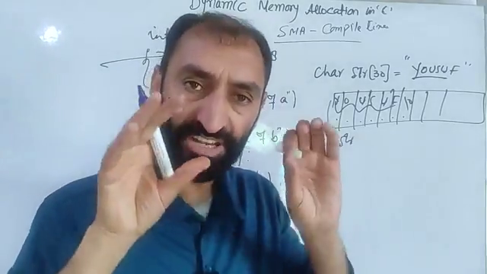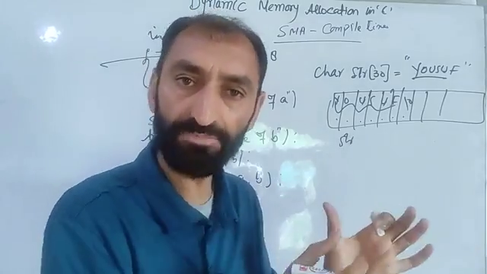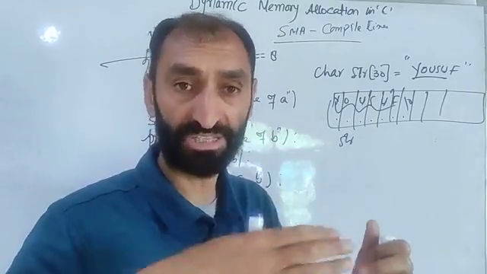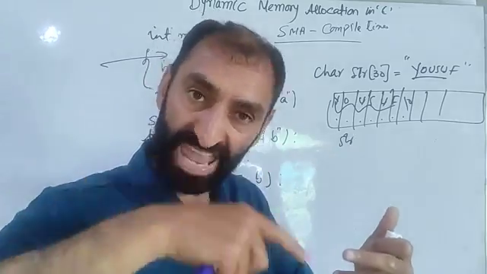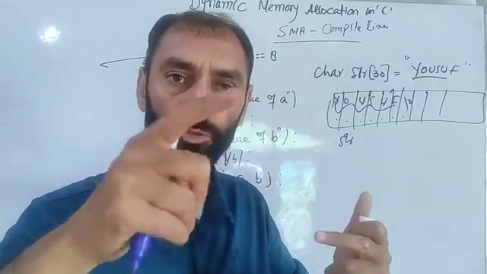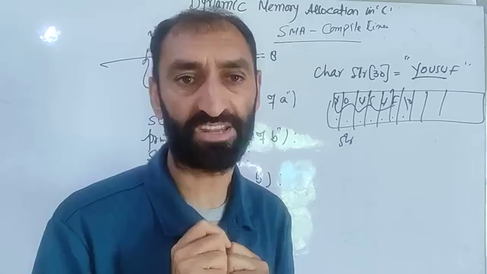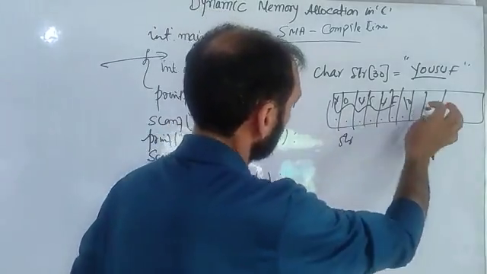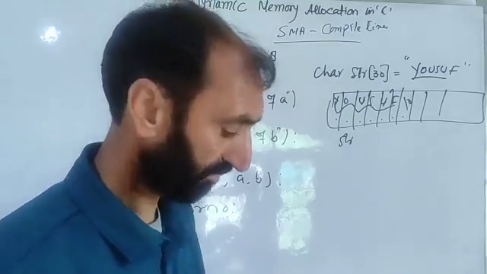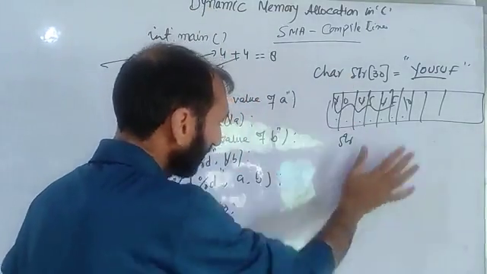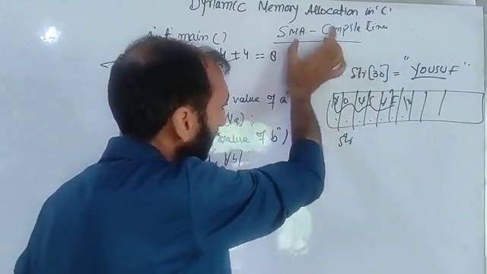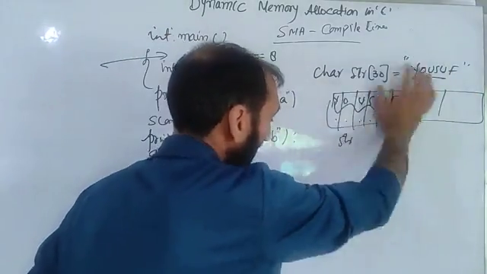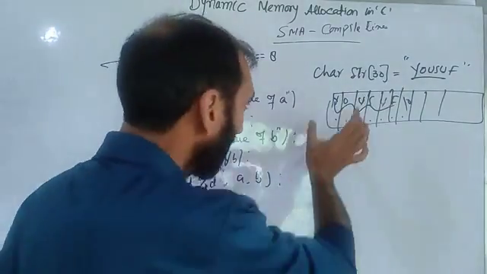Only those software are considered to be the best software which consume less memory and have a fast execution time. The execution rate is fast, that means the time of execution is less. Those are considered efficient, good software. So we have to make it our habit not to waste our memory. This is the disadvantage of static memory allocation, or compile time memory allocation. In order to avoid this disadvantage,